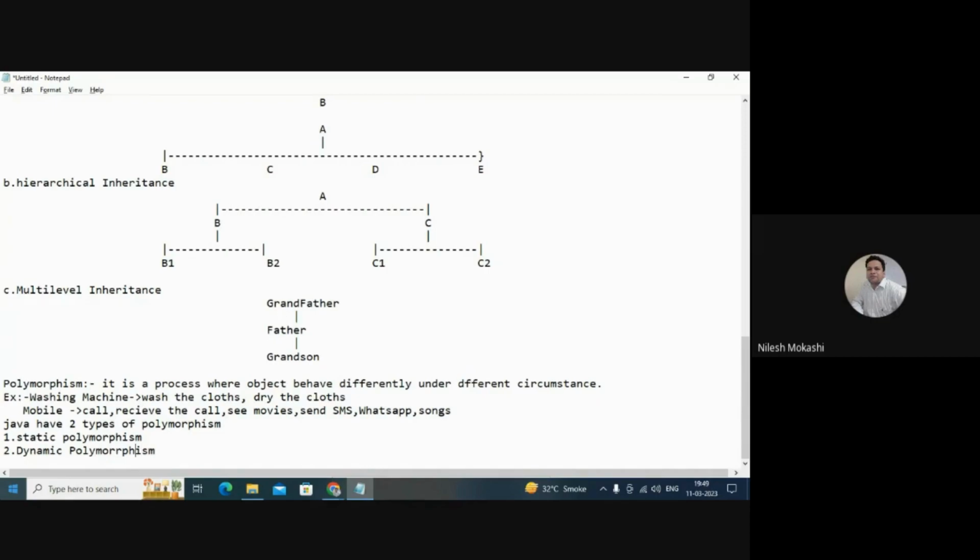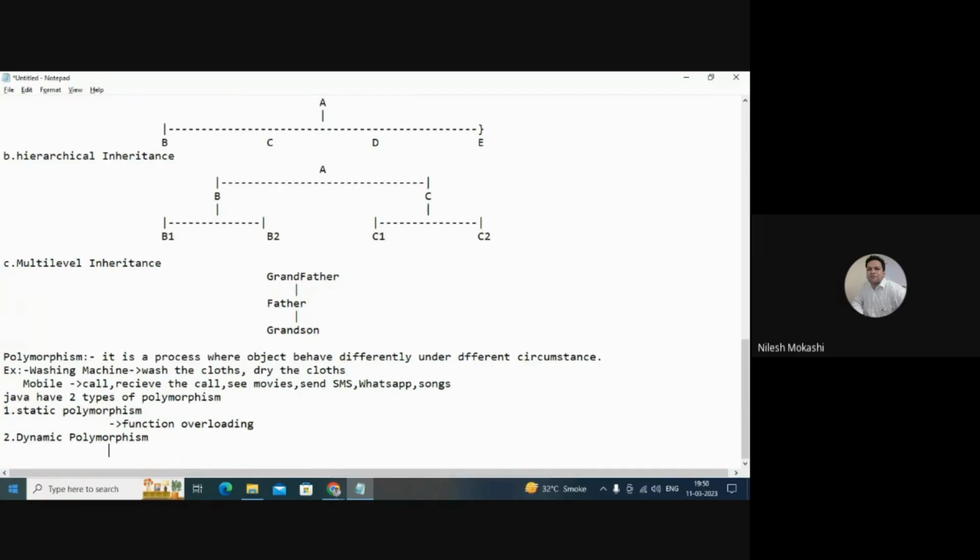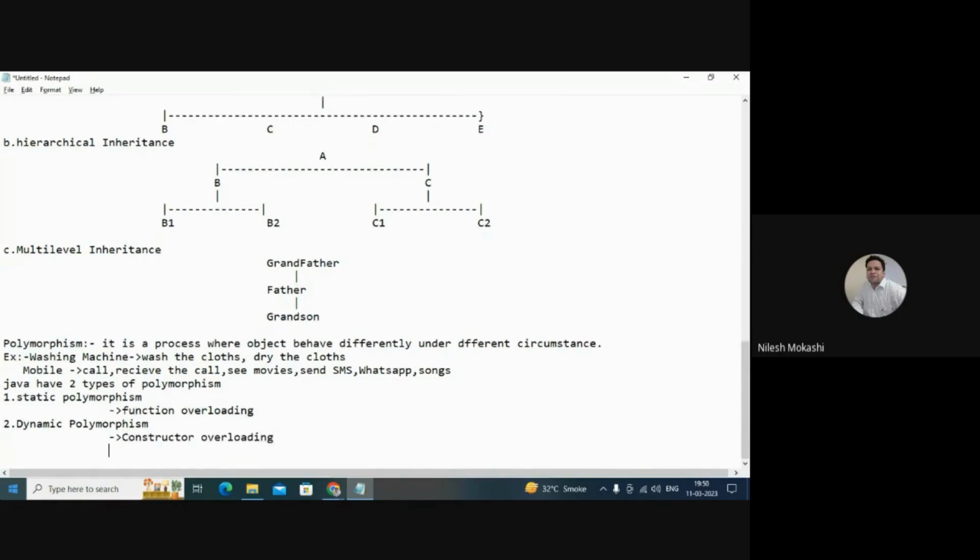Okay, now, how can we achieve it? I can achieve static polymorphism in one way, called function overloading. Whereas I can have dynamic polymorphism in multiple ways. In dynamic, we have constructor overloading. We have abstract methods or abstract functions.